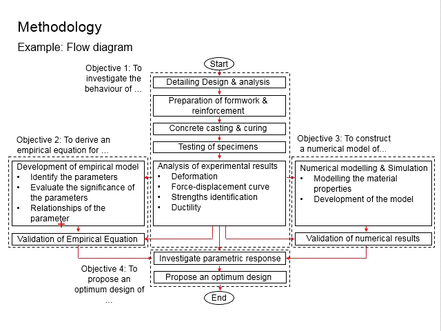If you realize that your empirical equations are not reliable, you will need to redo this stage until you come to a situation where your empirical equations are fully validated. Next, in your objective tree, you will need to construct a numerical model. This is something like the computations and simulations by some computer program in order to simulate the response of the